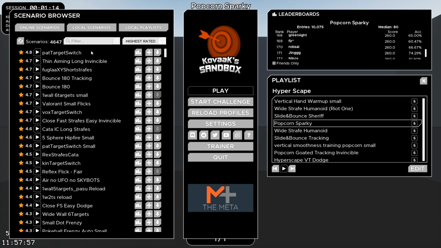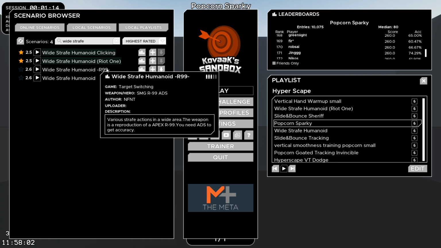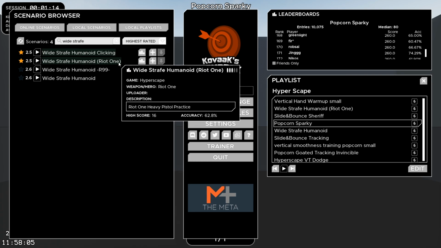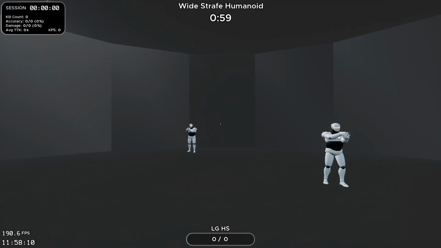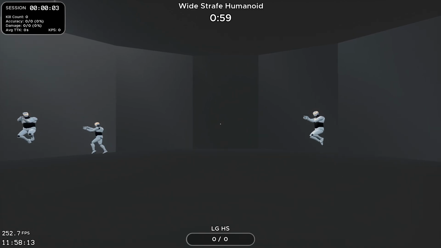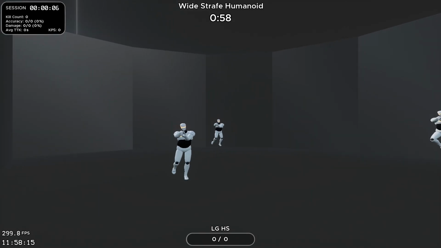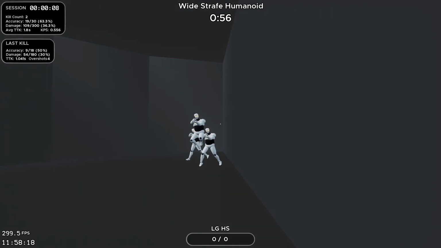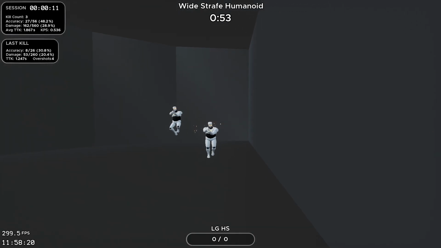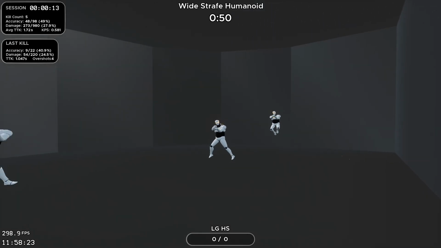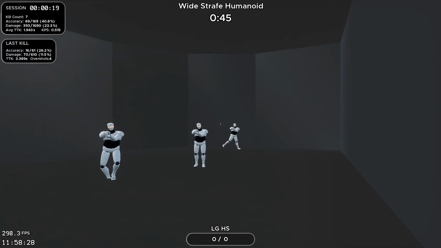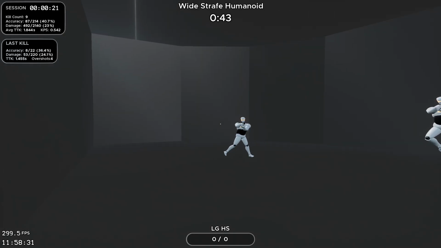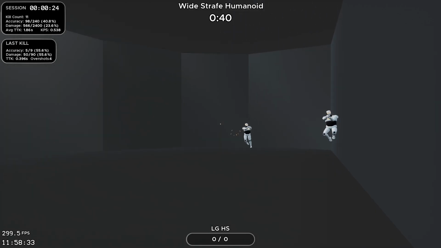Okay, next we have wide strafe humanoid, and this is a variant of the Riot 1 heavy pistol scenario I've already showed you, but this is for tracking. So for this one, you want to hold down mouse 1. If you're not on a target, you can let go of mouse 1 and wait to shoot again when you're on the target again. But you want to aim for the head in this scenario, because you do end up doing more damage in the head,